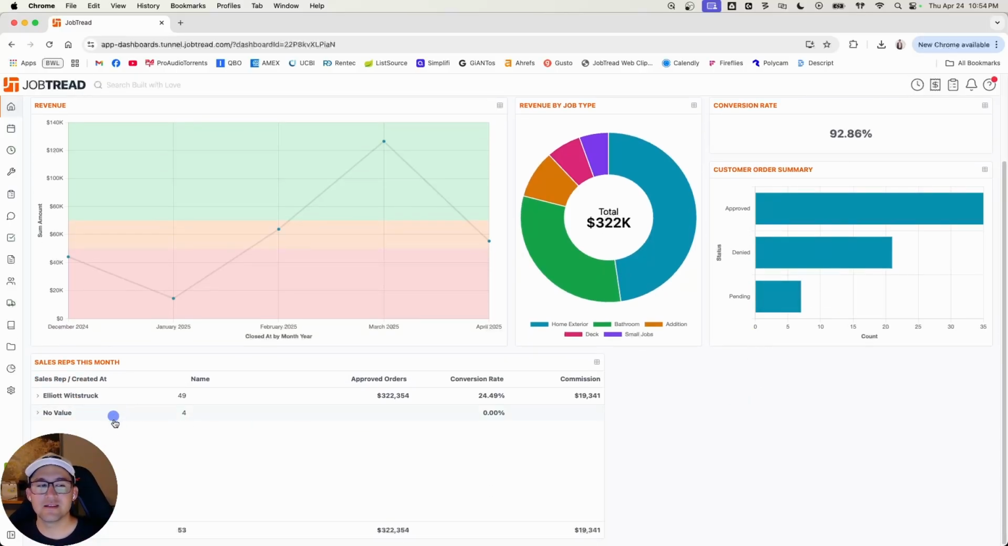Sales rep data. So we're tracking our sales rep as custom fields on the job. You can do however you want, but I'm doing a custom field on the job. And so I can see here, I assigned 49 to Elliot, and there's 4 without a value. And I can see how much was approved, Elliot's conversion rate, and the commission. I can see all of my sales rep data right here in JobTread